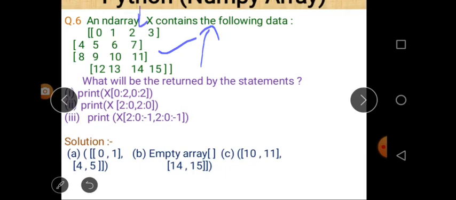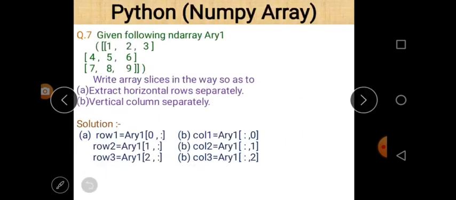That's why we get two values, 10 11 and 14 15. The last value is exclusive, so the row at index position 0 and the column at index position 0 will not be considered part of this array. So this is a question regarding array slicing.